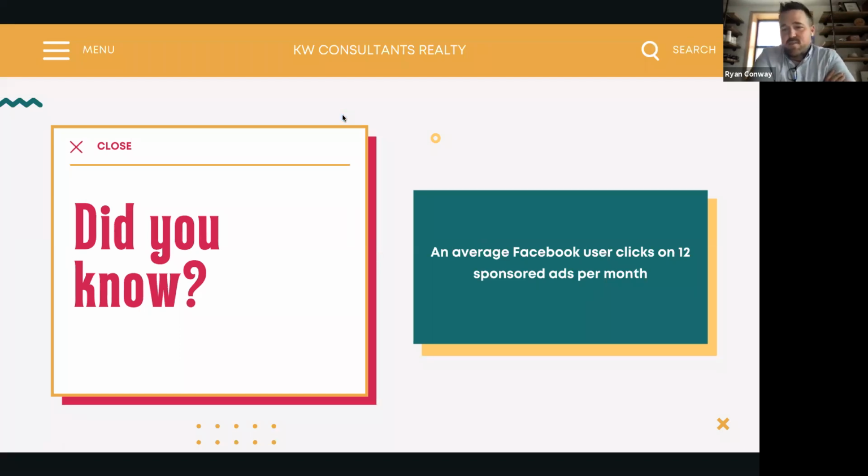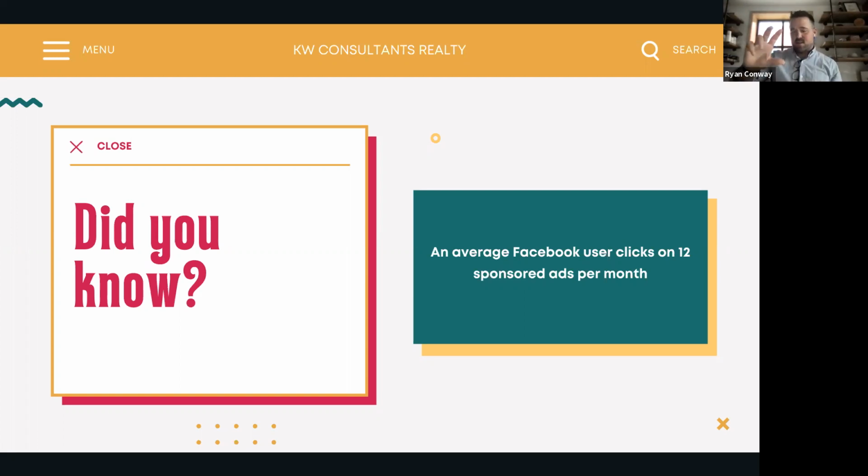And did you know that the average Facebook user clicks on about 12 sponsored ads per month? That's about one sponsored ad every 2.5 days. If you go onto the mobile app, which about 80% of people use, or the desktop, and scroll through your main news feed, usually about the third or fourth post you'll see a sponsored ad. You keep scrolling and see more sponsored stuff for all sorts of different things. Recently, I've been getting a bunch of random ones. I have no idea where they even came from.